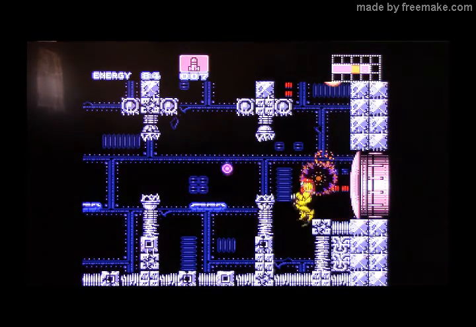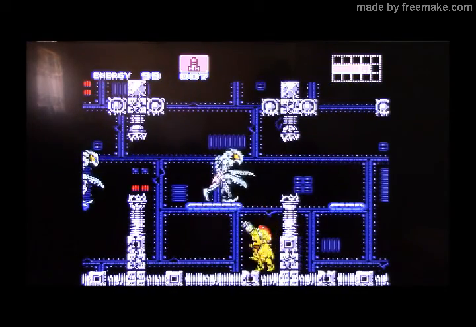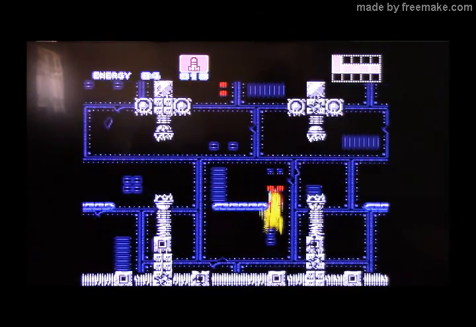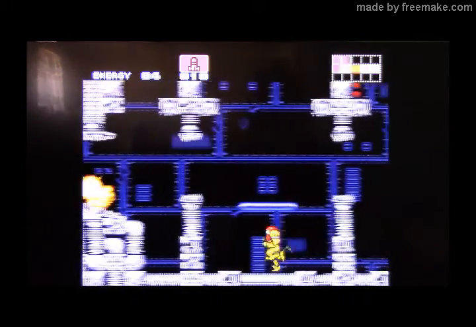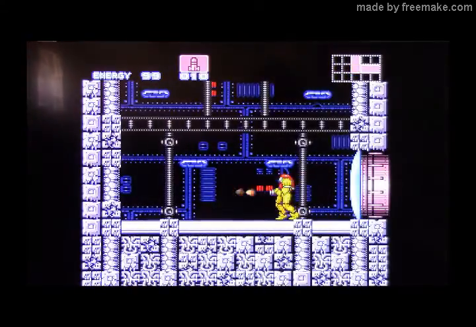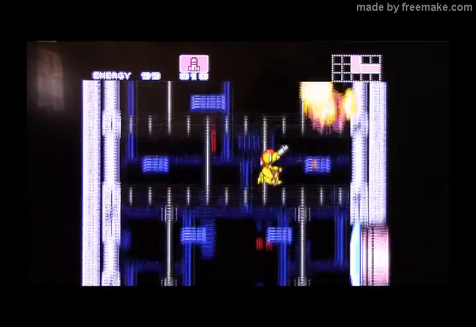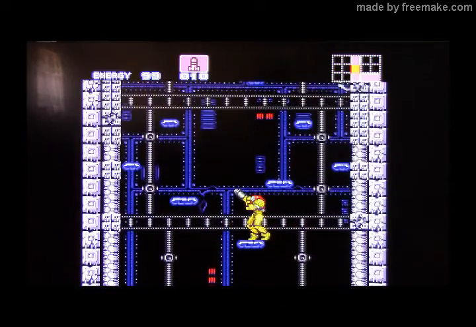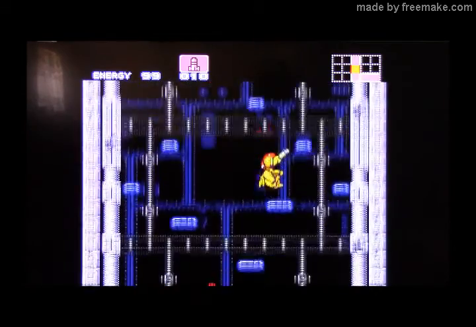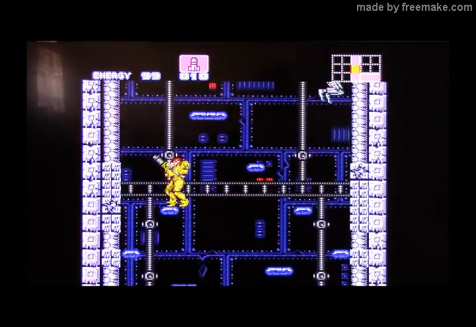Oh, and we have Space Pirates. Yes, like Ridley, because we didn't really get a lot of them in Metroid 1, and we get more missiles and energy pickups. So we got them swaying all over the place, jumping all over. Makes this corridor a little bit harder to progress through because, well, we've got space pirates all over the place, but